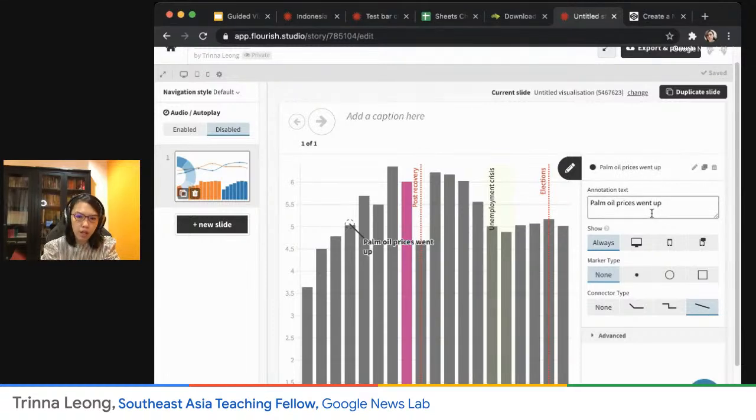Okay. And then I could adjust what marker type I want. Now there's no marker type. Maybe I want it to be a point, a round shape, or a square shape. So I could choose whatever I want. And I could also adjust the connector type to where I want it to just align like this,